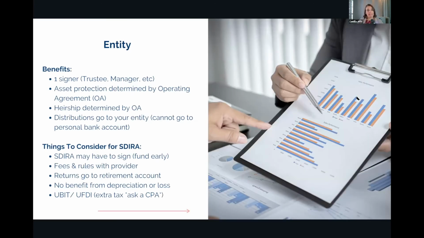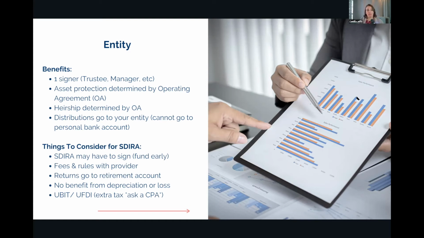But the investment itself does not spell that out. Finally, there is an entity. We talked about a couple of different entities, and I've had investors do all sorts of different ones. We've had trusts, we've had LLCs, and we've had self-directed IRAs, solo 401ks, etc. So there are all sorts of different entities that you can invest in.